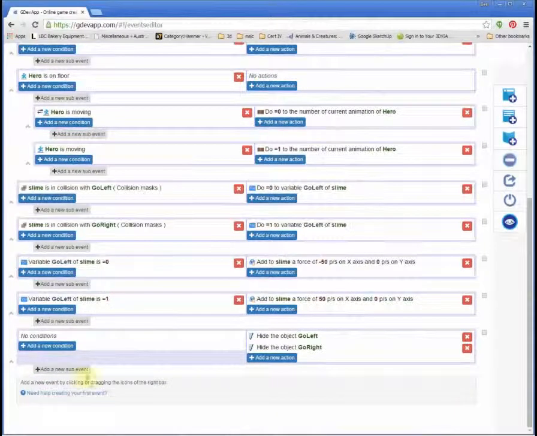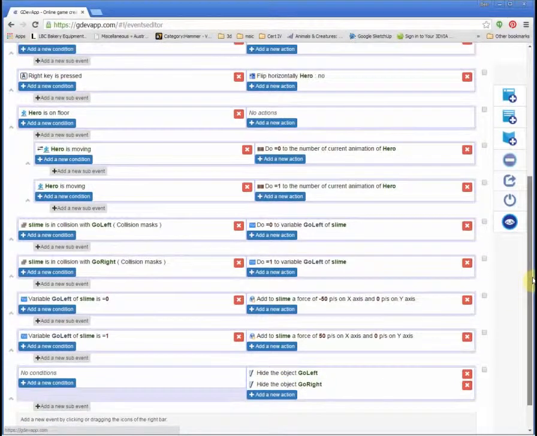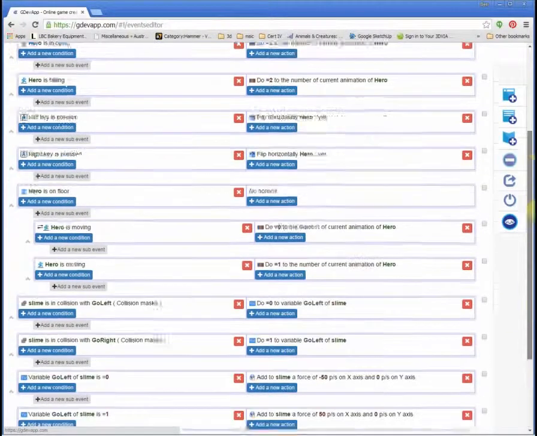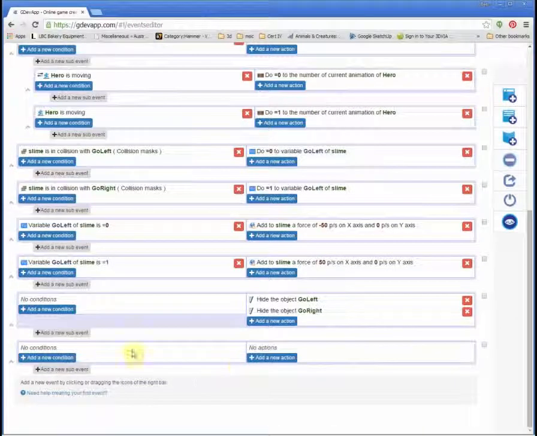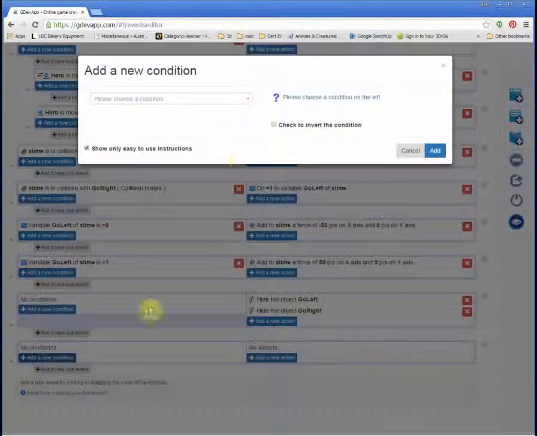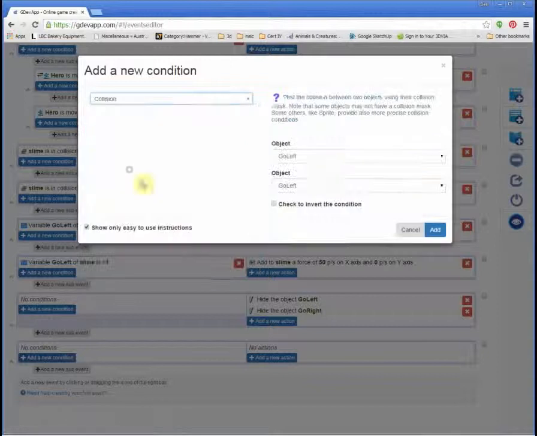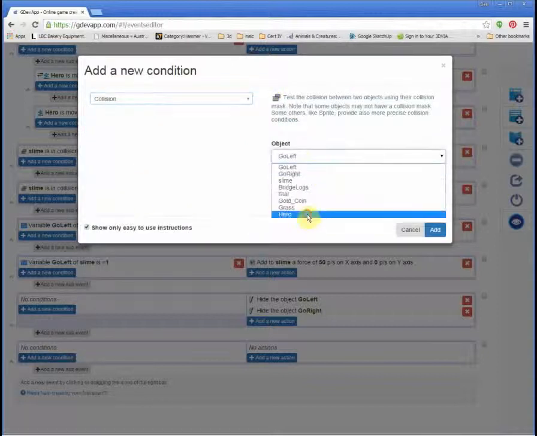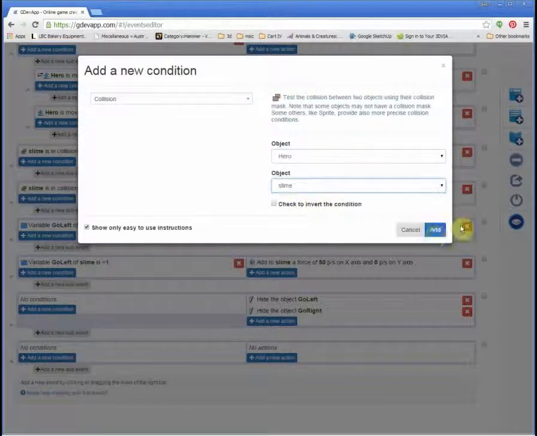So all we did there was we added a new event with no condition, which is basically saying as soon as the game begins, make sure this happens. So hide object go left, hide object go right. So what we need to do now is to be able to destroy our enemy. So I'm going to add a new event, and I'm going to say if the hero is colliding with slime,